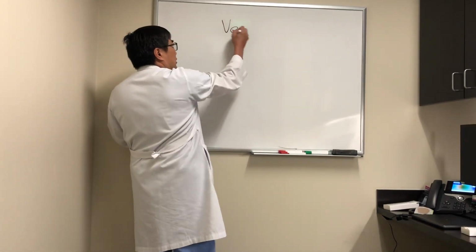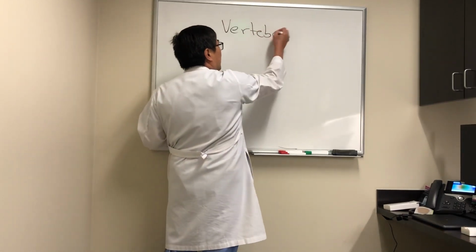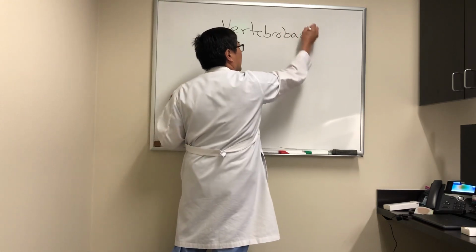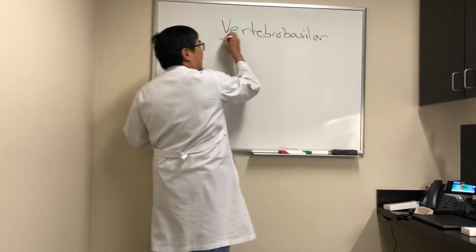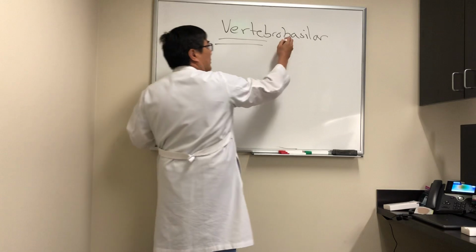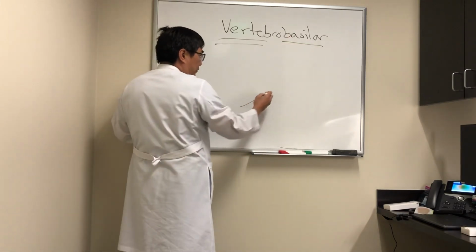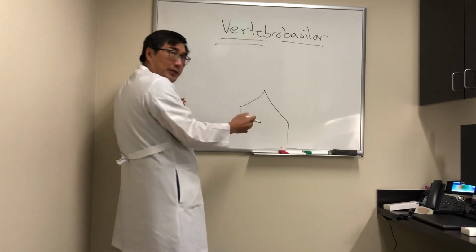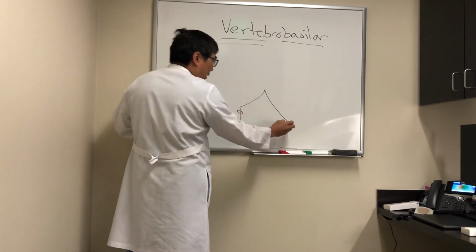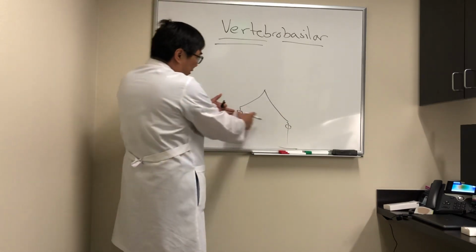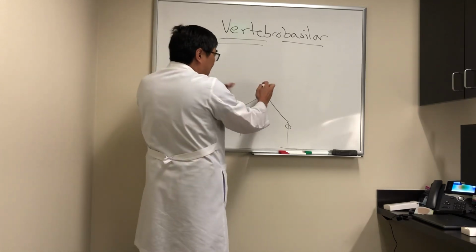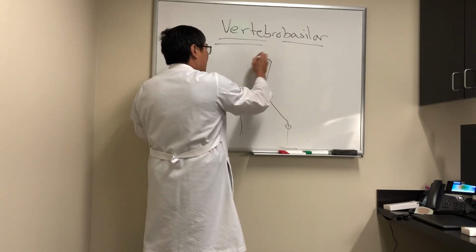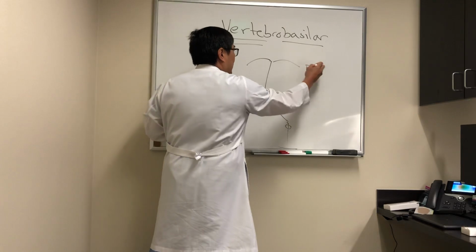So today we're going to be talking about vertebrobasilar presentations to neuro-ophthalmology, and it can be either the vertebral system or the basilar system. As you know, the vertebral arteries arise and run in the vertebrae. That's why they're called the vertebrals. They're in that vertebral foramen, and then they meet as a basilar artery and then terminate as the posterior cerebral